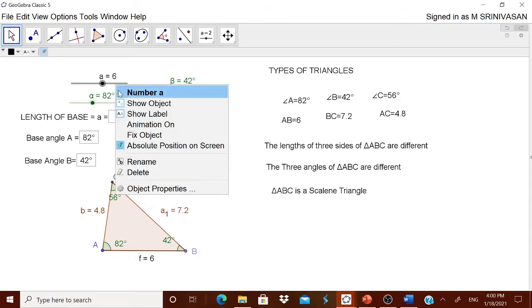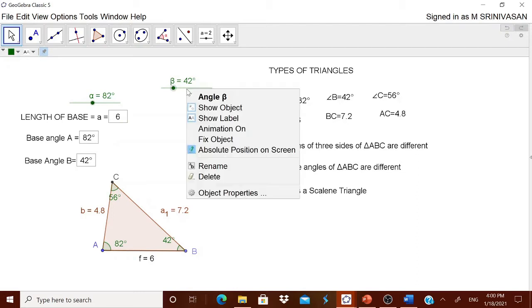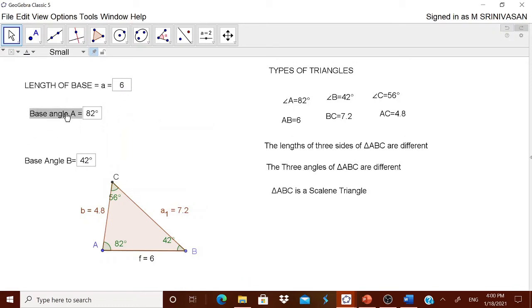Or we can right click and hide the object. We are simply hiding them, not deleting them. Therefore now the child can come, enter those numbers and check what changes are actually being done.